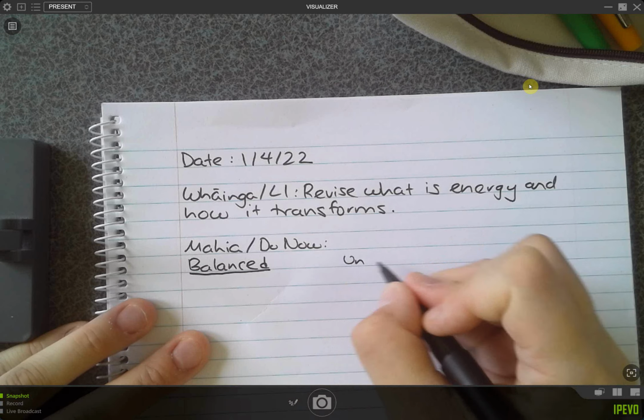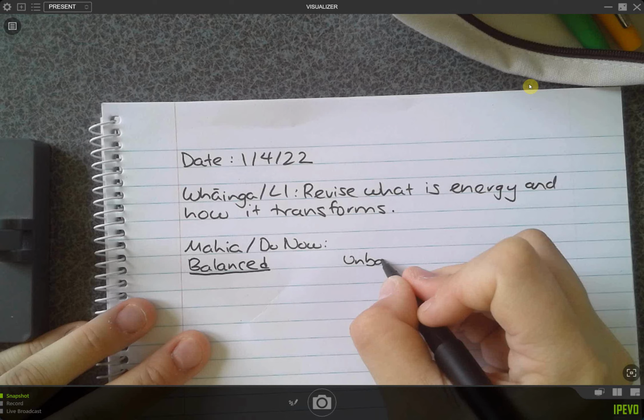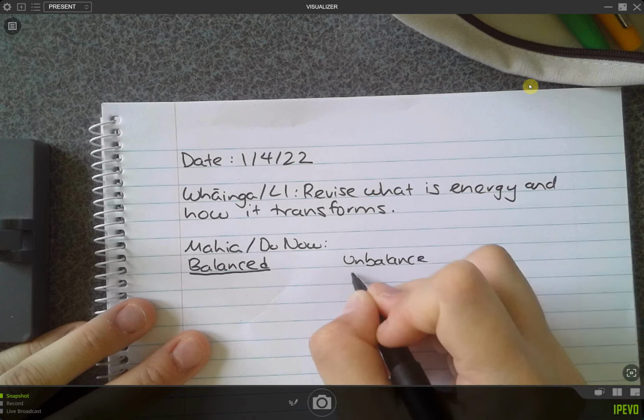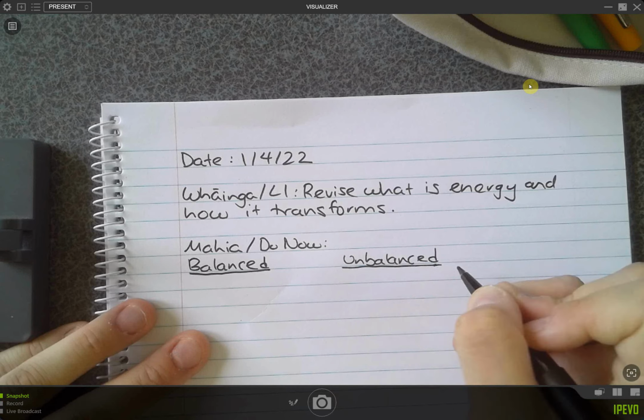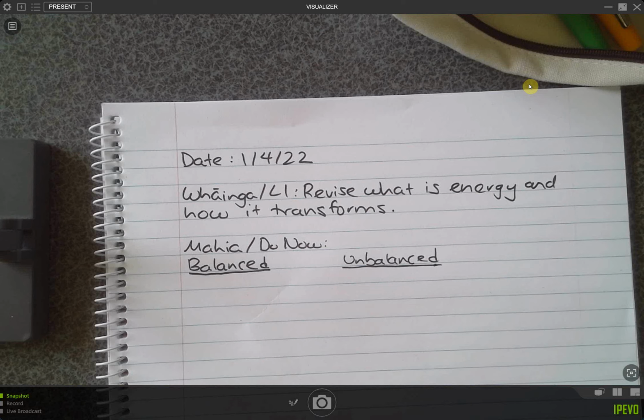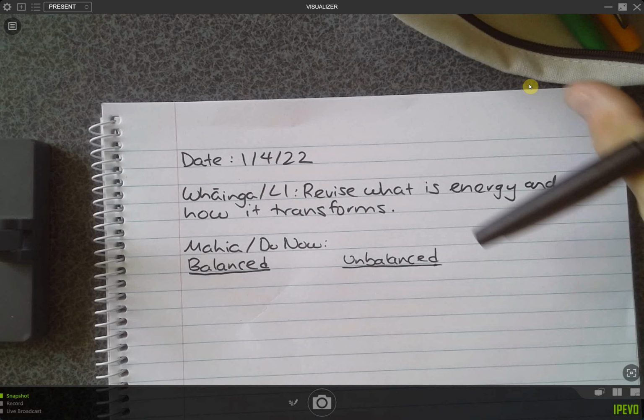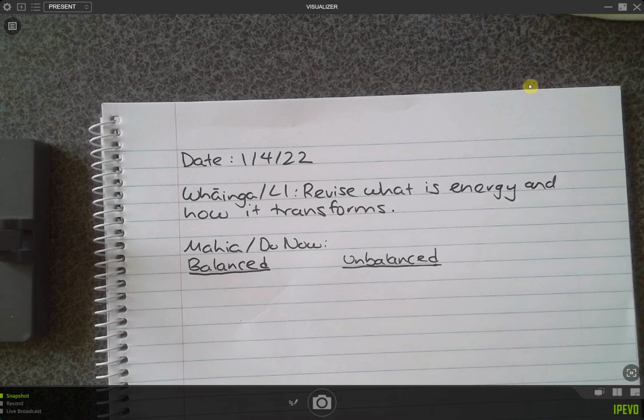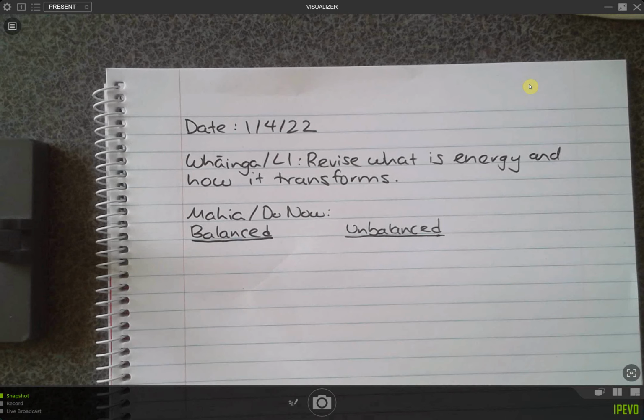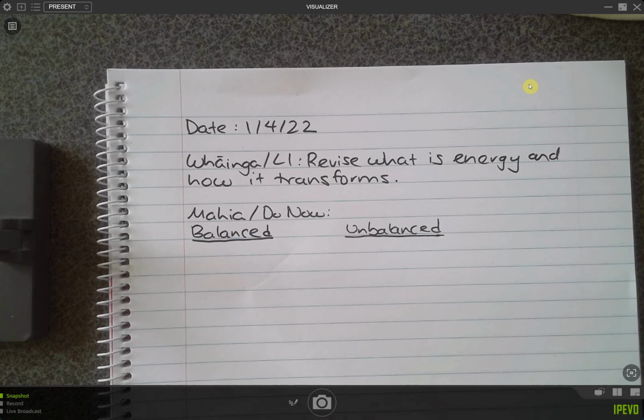I just need you to write down the answer, but we should write down the answer in a way so that we know what the question was. So the question was classifying those motions as balanced or unbalanced. So the first one you guys had was stationary. So is stationary balanced or unbalanced? Balanced.